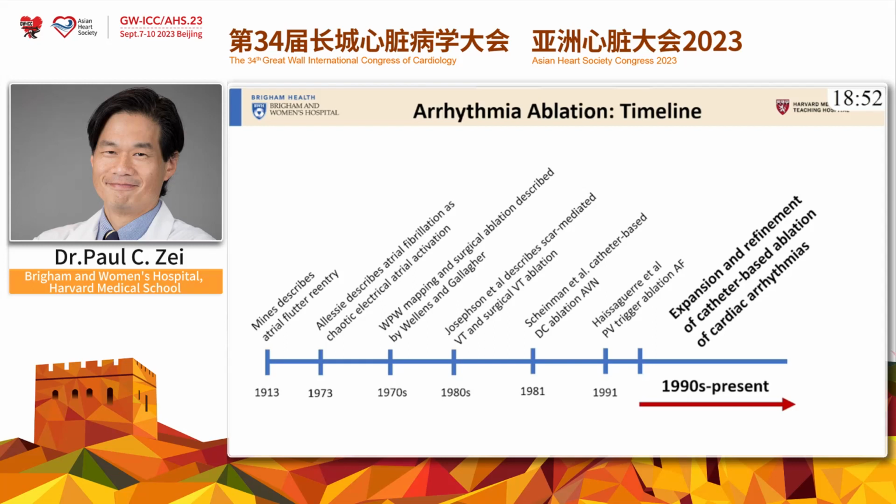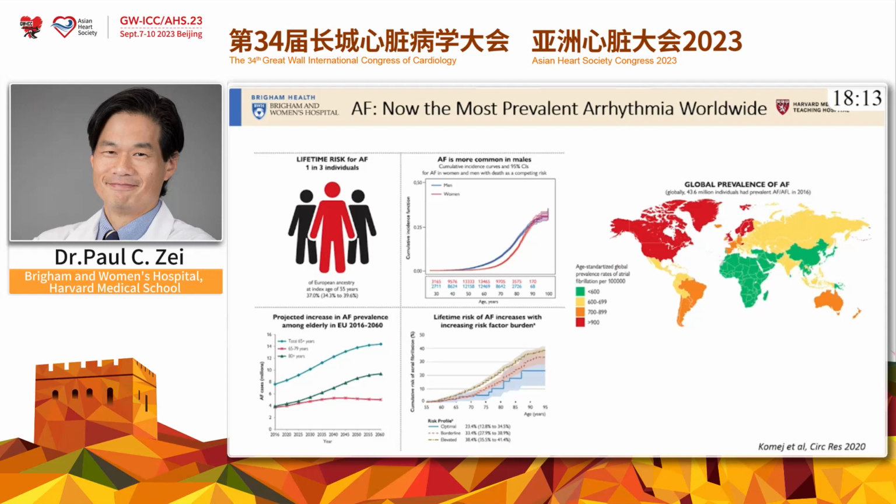Then understanding some of the mechanisms further with Mark Josephson's seminal work on VT ablation in the surgical field, and then eventually Mel Scheinman and others who developed catheter-based ablation approaches. More recently, of course, Michel Haïssaguerre first described pulmonary vein triggers and the concept of pulmonary vein ablation and then isolation. Then a big fast forward: for the last 30 or so years we've spent a lot of effort and time to further refine our understanding of arrhythmia mechanisms and our approaches to treating them interventionally.